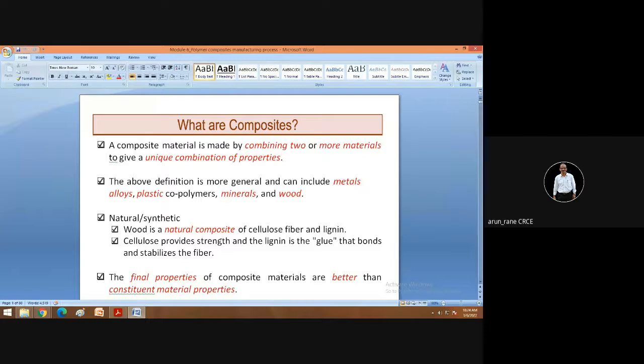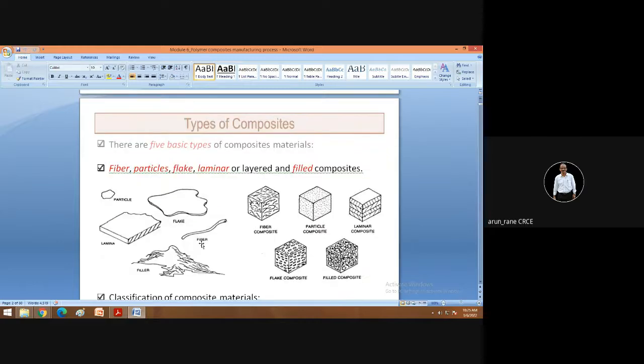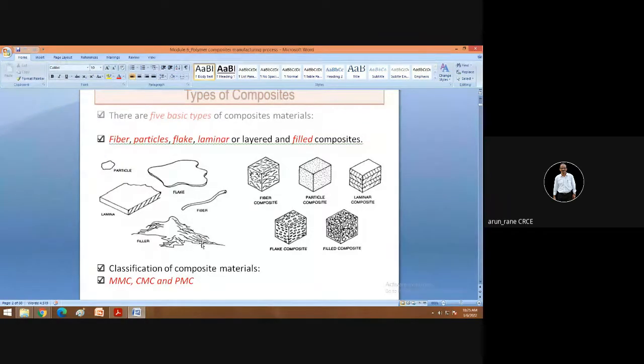So I'll just quickly go through this. There is no point in spending much time on composites. Instead, we can spend time on intelligent manufacturing in the context of Industry 4.0. So maybe 5-10 minutes, I will just quickly go through this and upload it. But from an examination point of view, I think you can ignore these composites.